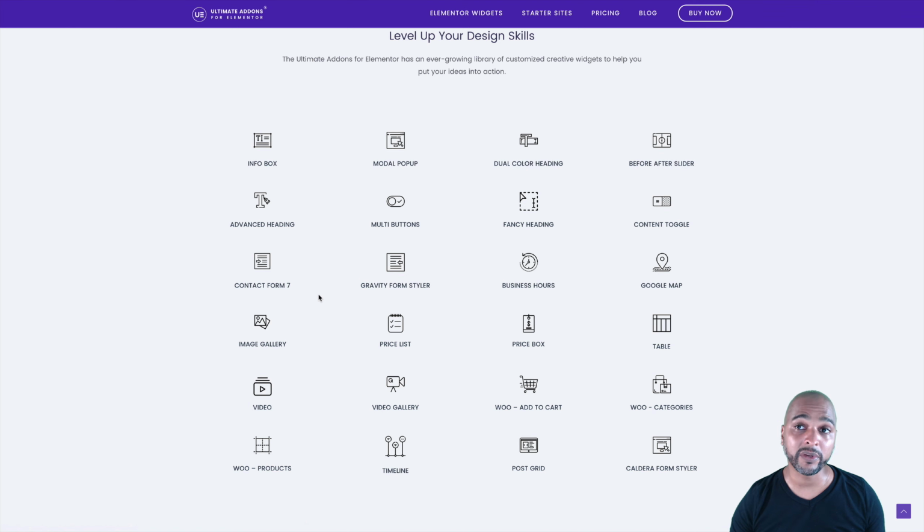Brainstorm Force, they only have the Astra theme. And then they have a set of plugins, but those plugins or add-ons, they come and complement the Astra theme, as we're seeing in this video. So Ultimate Addons is great to extend the functionality that you can already find in Elementor and Elementor Pro. And as I said, there's a version for Beaver Builder, and they've also released a free version for the Gutenberg